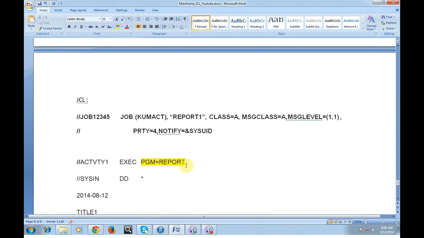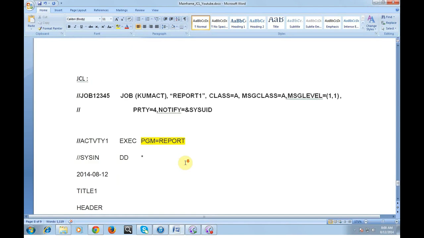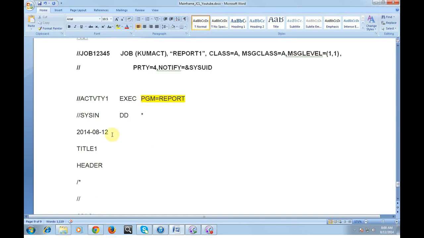So let's see the JCL. As usual, this will be the job card, this is the activity, and here is our SYSIN DD *, where we will be passing the parameter values to this program. So 2014-82, this is my data, this is the title. I'm passing a title name to the program and passing a header to the program.